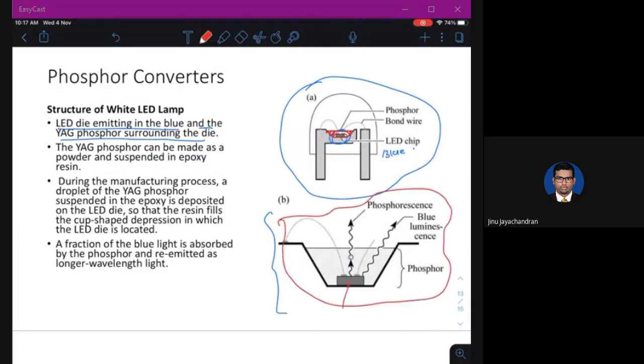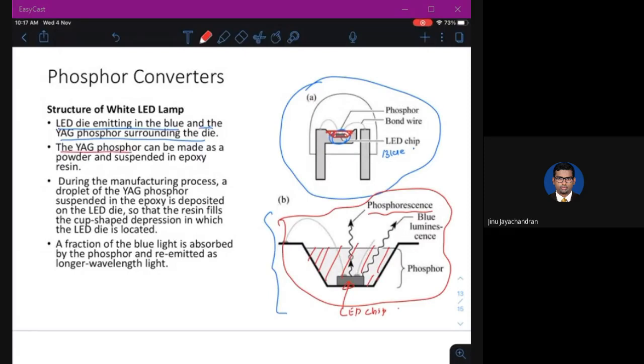So this is basically the LED chip. Okay, and it will be filled with phosphor. This is all phosphor. So when the blue light is emitted, this will be absorbed by the phosphor, and there's a phosphorescence, which means it will generate its own wavelength.